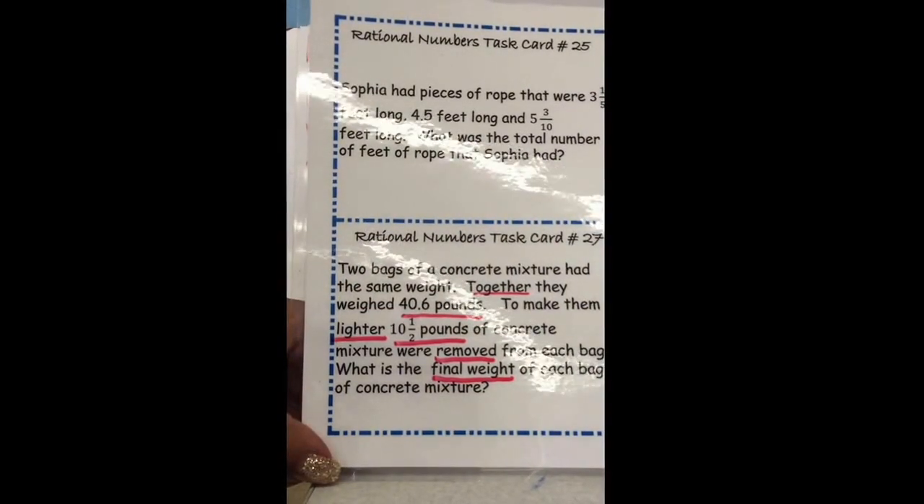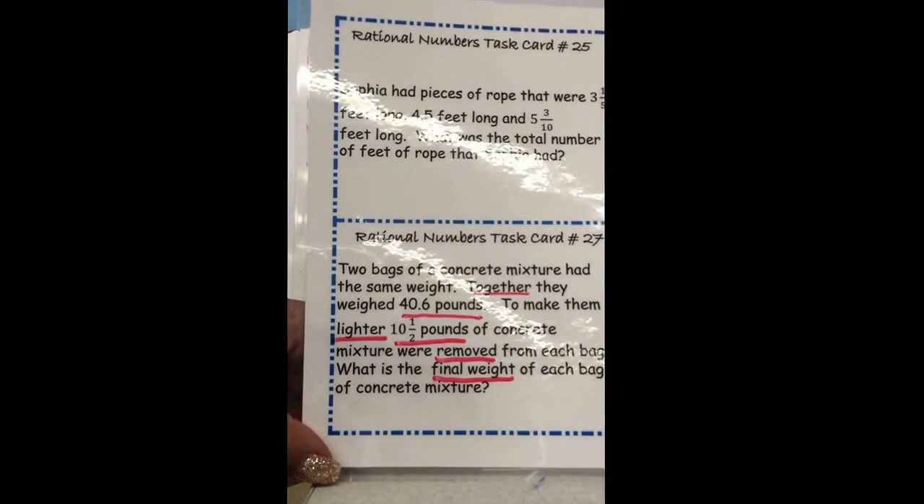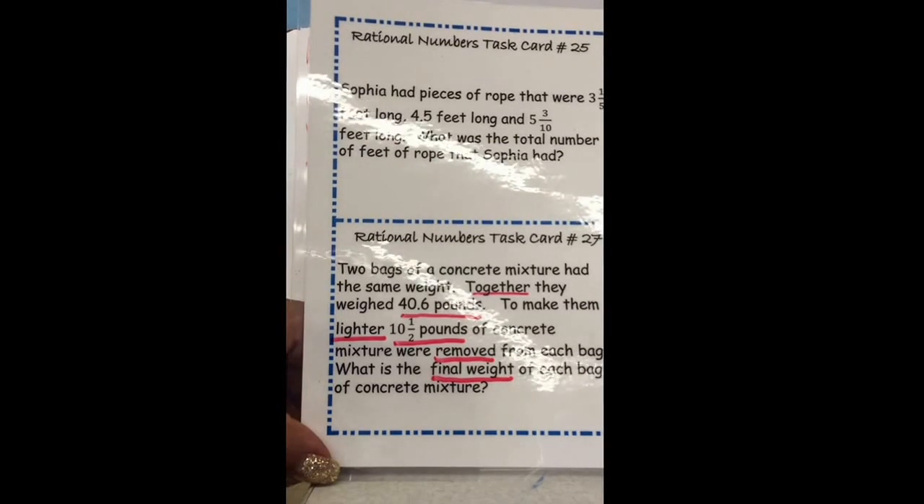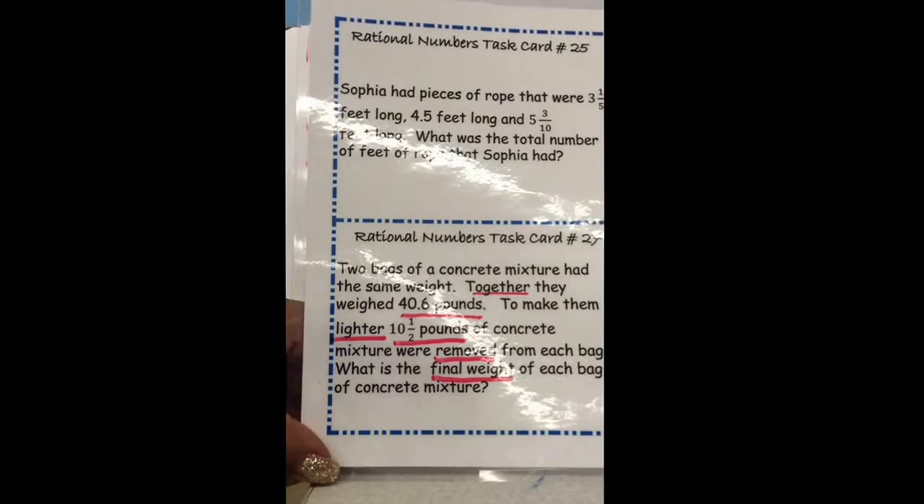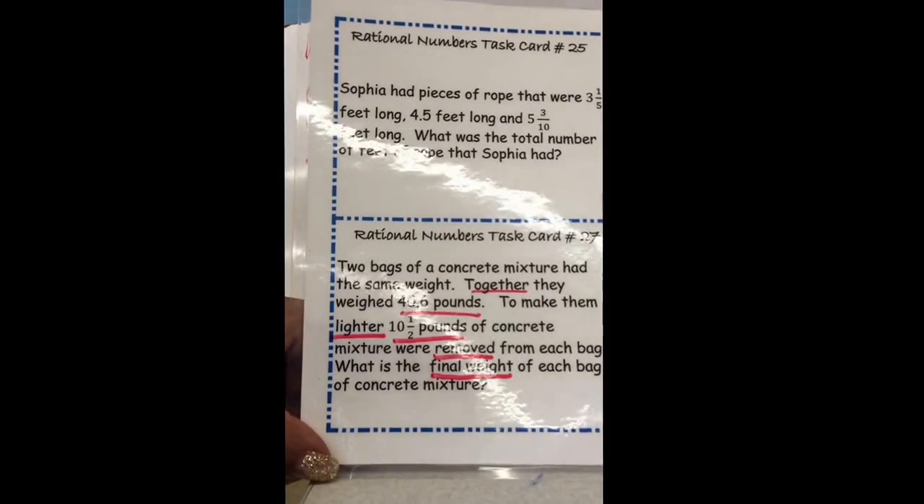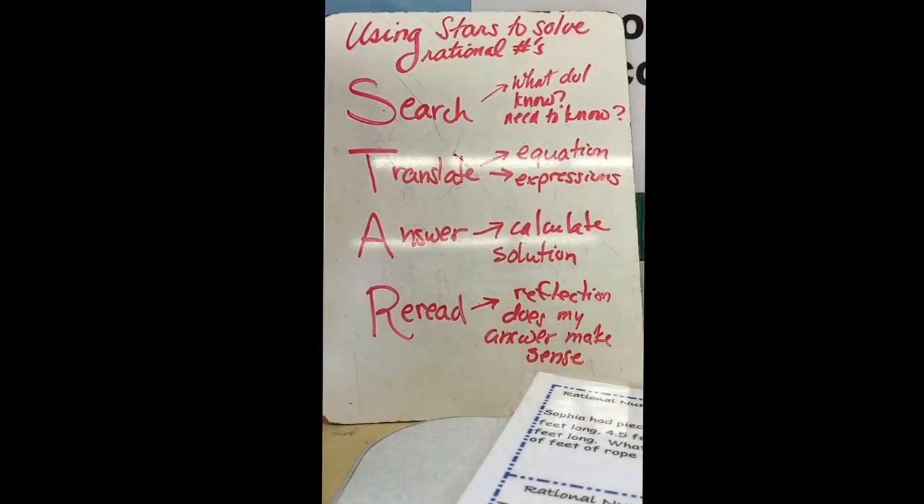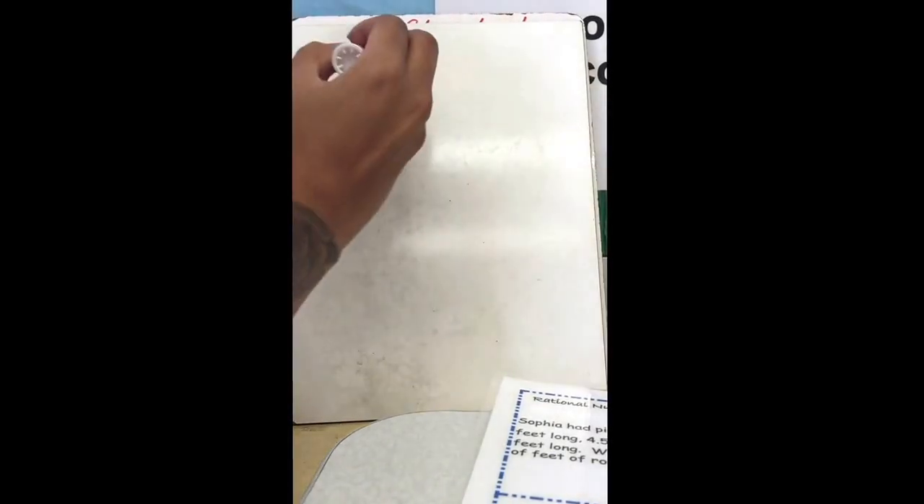So what do I know? I know how much both bags weigh. I know that I'm taking out some of the weight, some of the concrete, that's going to make it lighter. And I know I'm trying to figure out what the actual bag is going to weigh at the end. So using that, we're ready to start translating. And like I said, I think very visually sometimes when I translate. So I know that my 2 bags together